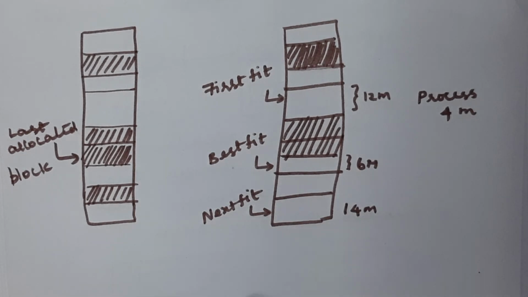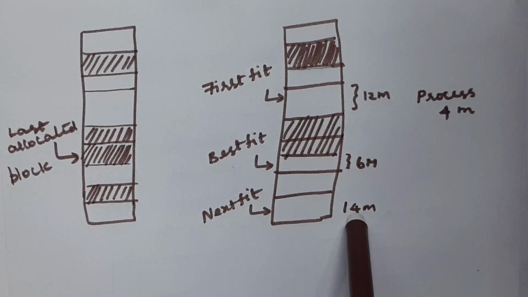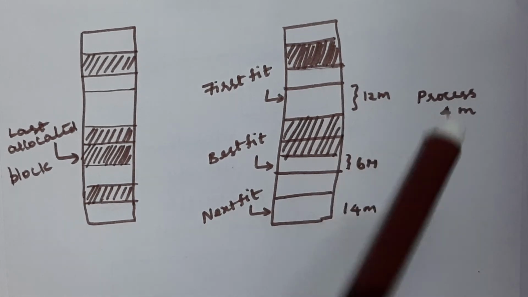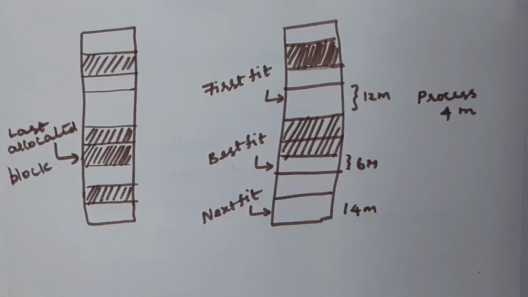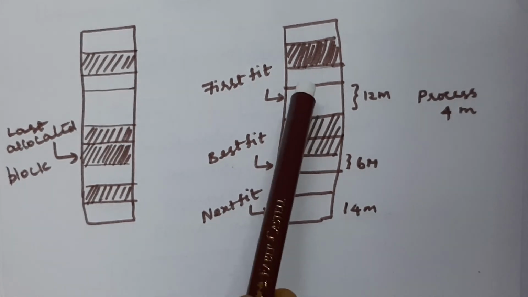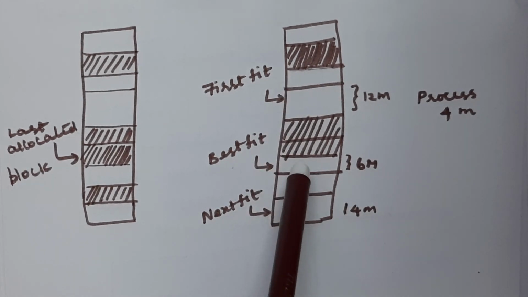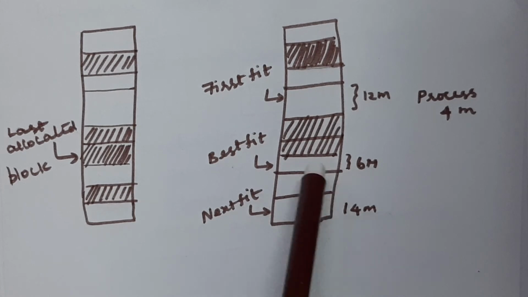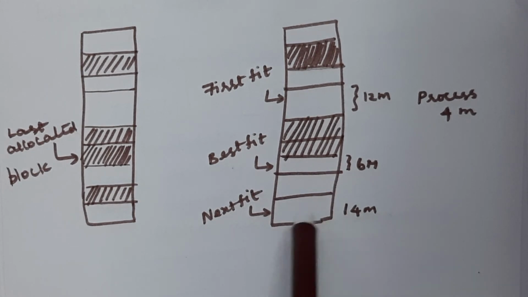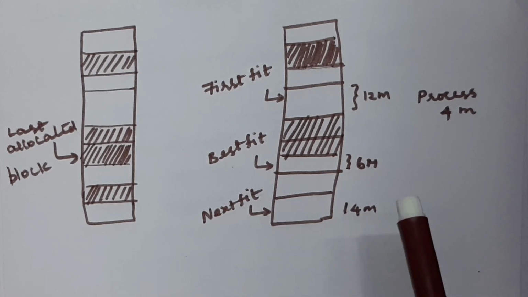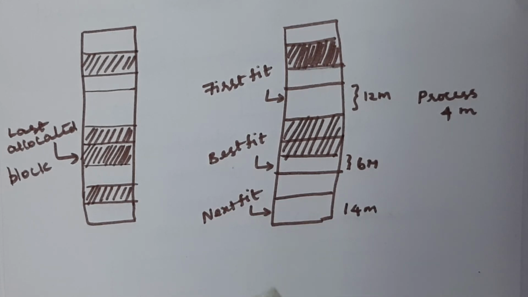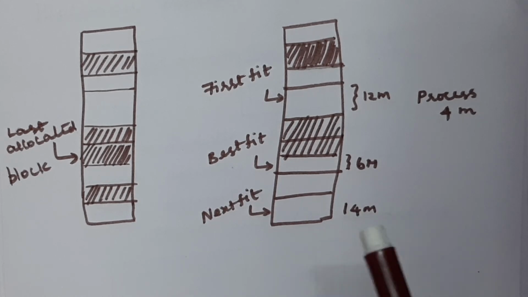Suppose you get this partition which has a size of 14 MB, then it will use that particular partition to hold the process which has a size of 4 MB, right? Even though it is not producing the effective result, it is allocating the process to the partition, and that is next fit. So it will not search from the top section of the memory, it will search only from the last allocated partition. From there it keeps on searching, and whichever partition can hold that process, it will allocate it. It will not check whether it is close to the size of the process.